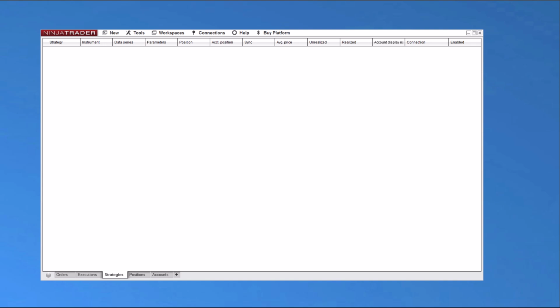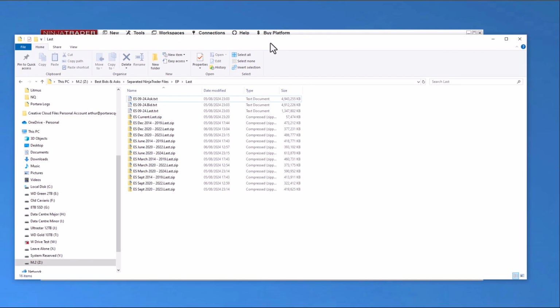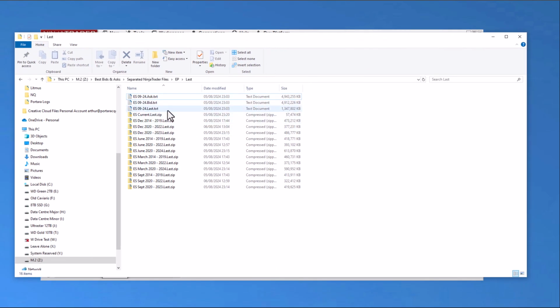databases, and I'm going to pull this in from the side here. This is an example of the S&P Mini, and it's only the September 2024 contract, so it's only 3 months' worth of data. As you can see there, you've got ES09-24.last.txt. This contains all the trades, and there's just under 1.4 gigabytes worth of data